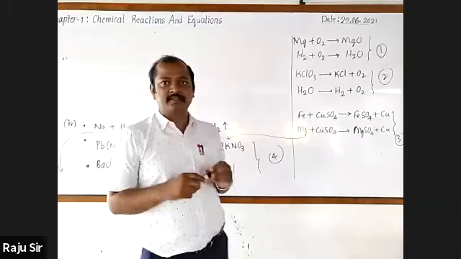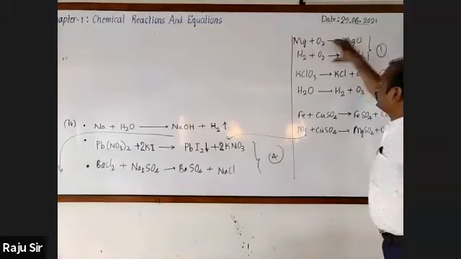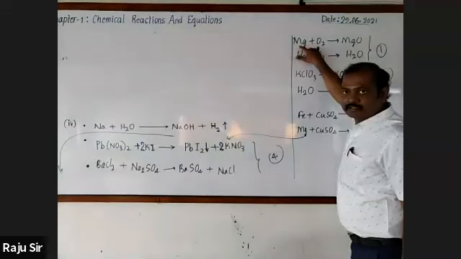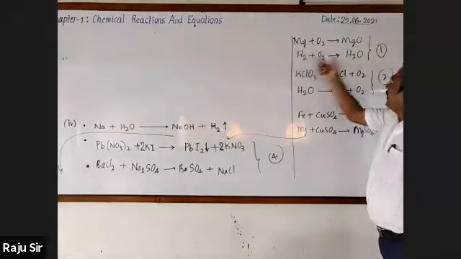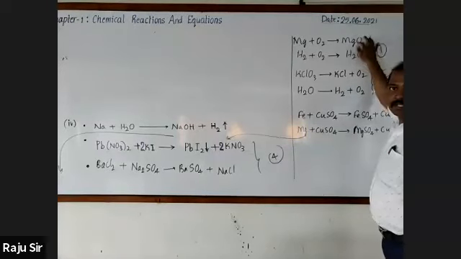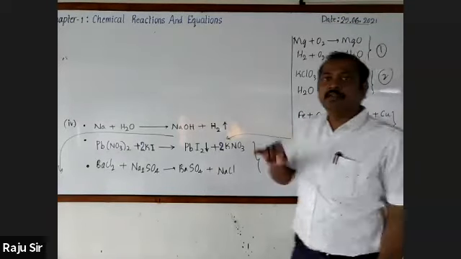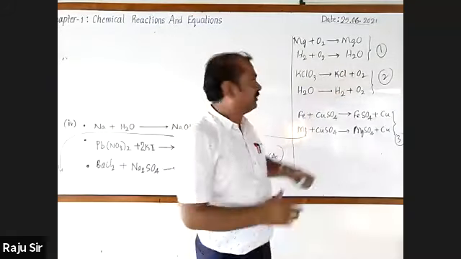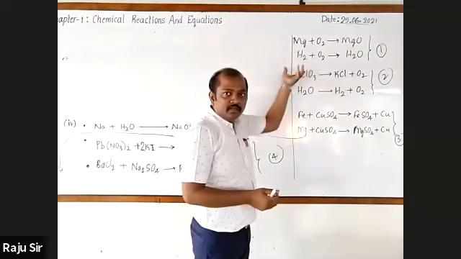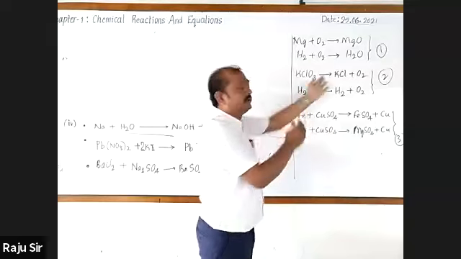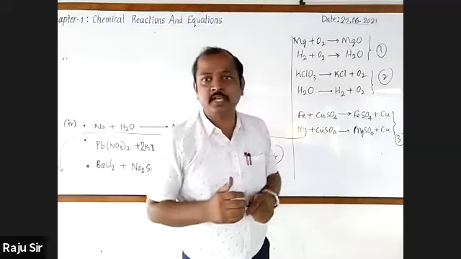In the first group, observe both the chemical reactions. You'll come to know that the reactants combine and form a product. How many products are there? One. There is only one product. Whereas on the reactant side, a single compound is taken, but when you observe the product side, observe.